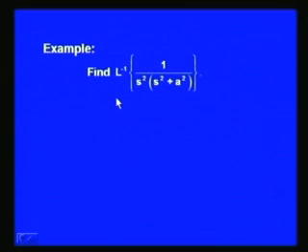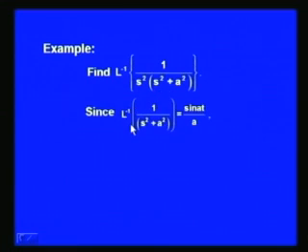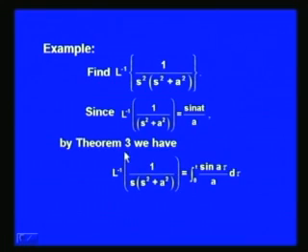Now, let us apply this theorem to find the inverse Laplace transform of 1 over s square into s square plus a square. We know that the inverse Laplace transform of 1 over s square plus a square is sin a t over a. So, by the previous theorem, that is theorem 3, we take f(s) as 1 over s square plus a square. So, L inverse of f(s) over s, that is 1 over s into s square plus a square, will